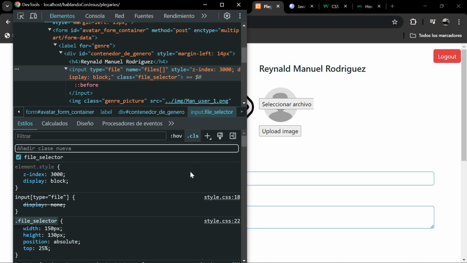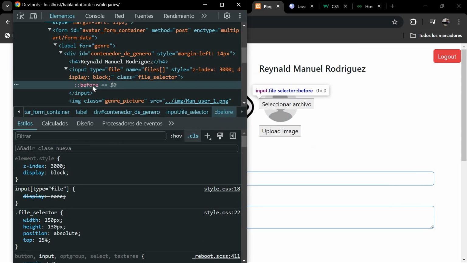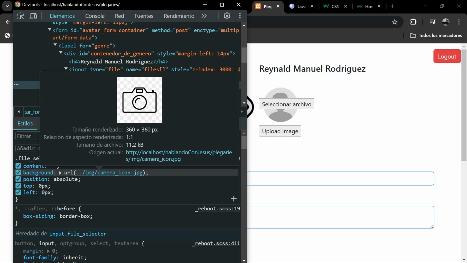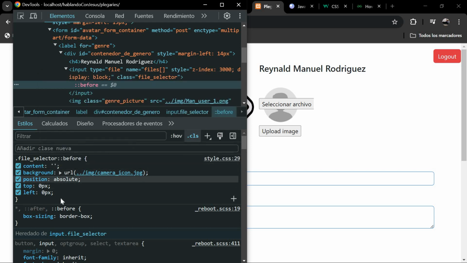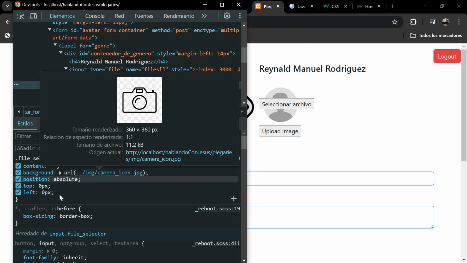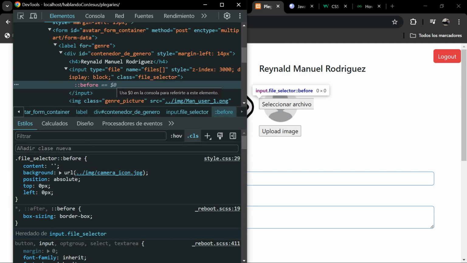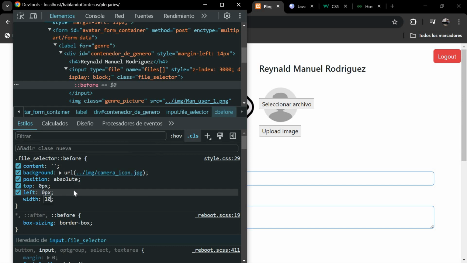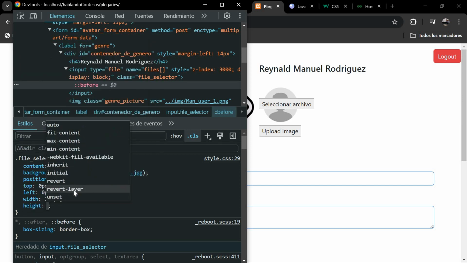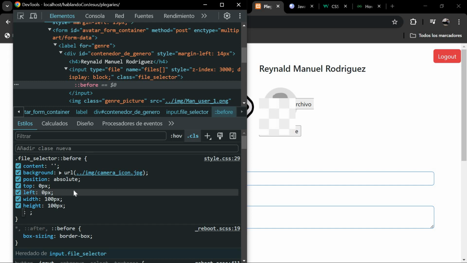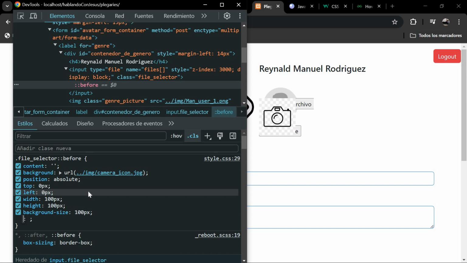That's weird. Oh yeah, I have it here. I forgot it. But I don't see it anywhere. Is that even here? With 100 pixels. Okay, 100 pixels. Yes, there we go. Background size, 50 pixels, for example. There you go. And now, what I need is just to make it more